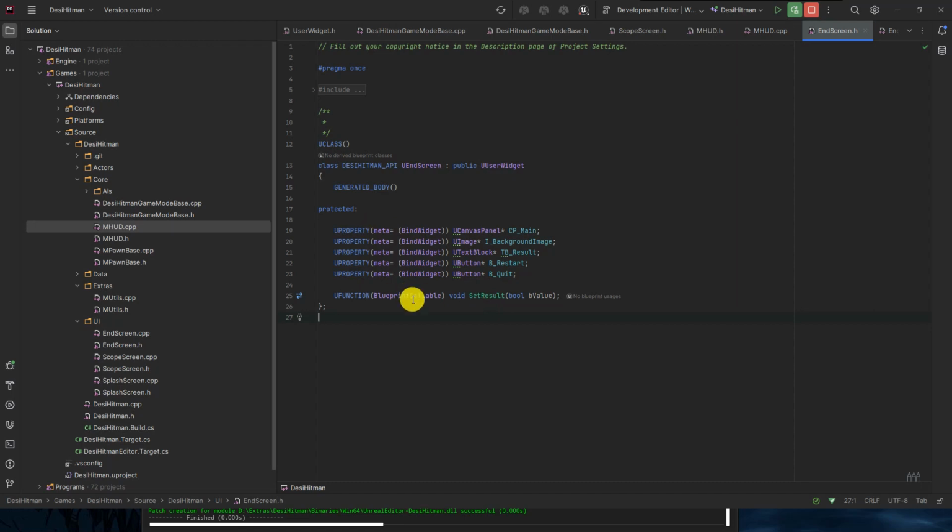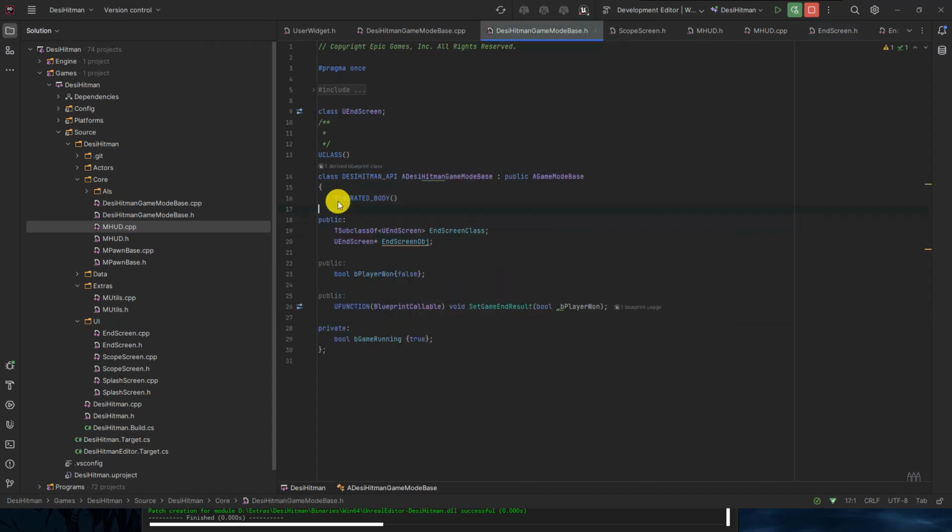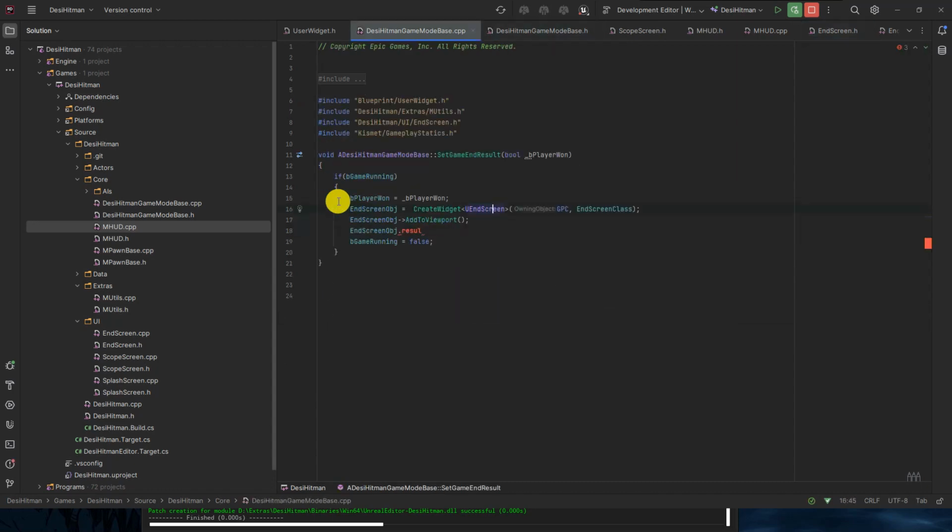This is under the protected. I can't call from outside, so public, paste. SetResult, and we will pass it bPlayer1. This is good, and I think it seems fine.